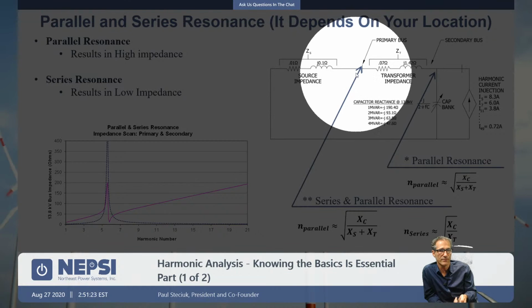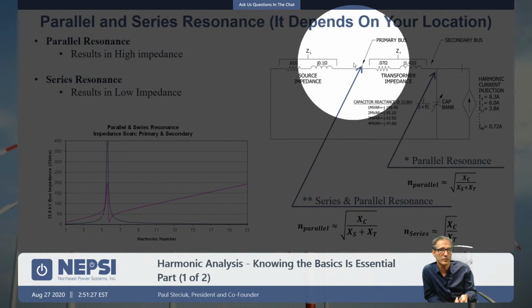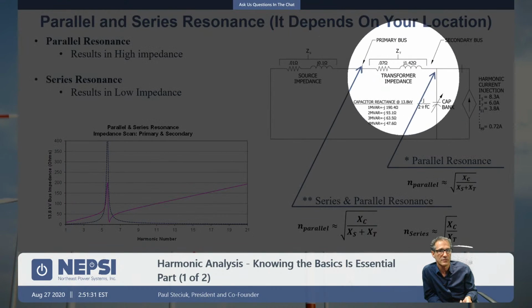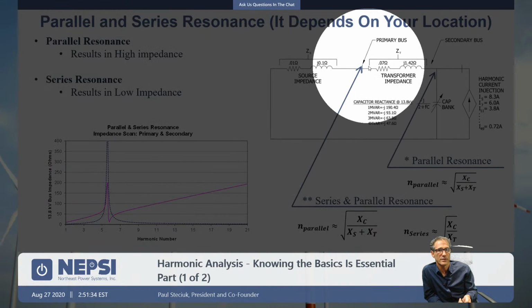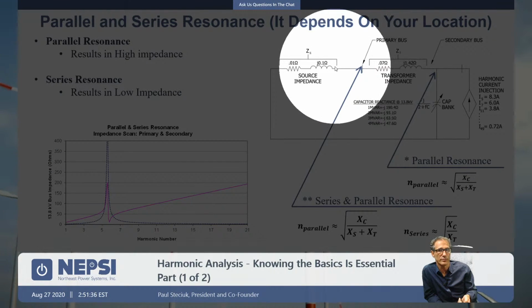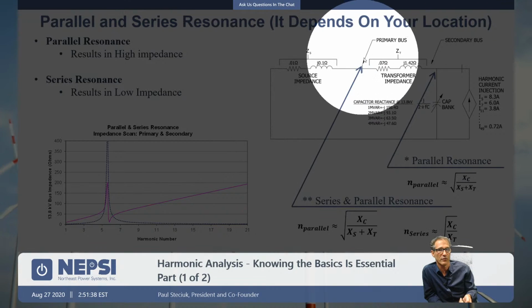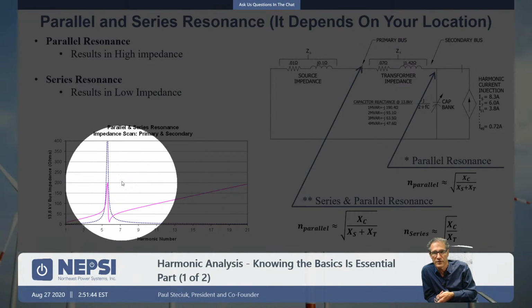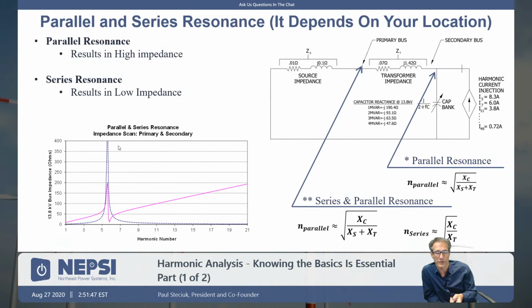But looking from the transmission side, the source side of the transformer, you have a series resonance here, and then also a parallel resonance, which would be this impedance in parallel with this impedance. So you get these two different curves. This is particularly true for systems that might consist of 4160 volt systems, as well as,